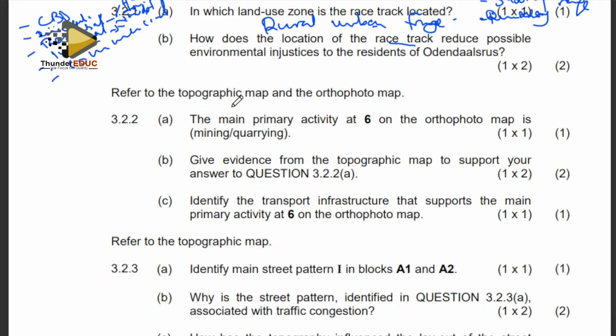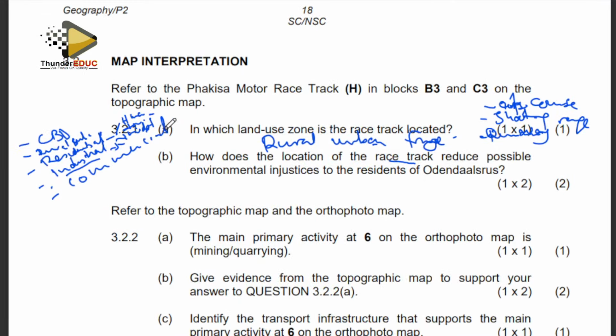So you will find out that in one way or the other, you're going to combine the two maps, so that you are in a position to understand, to apply, and to use both the maps in order for us to